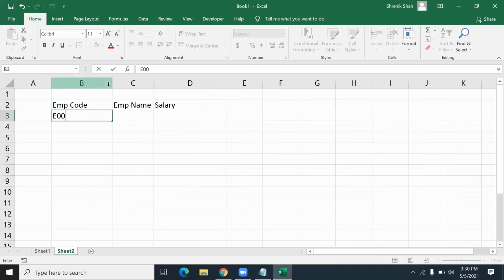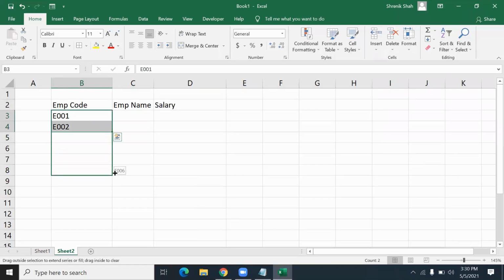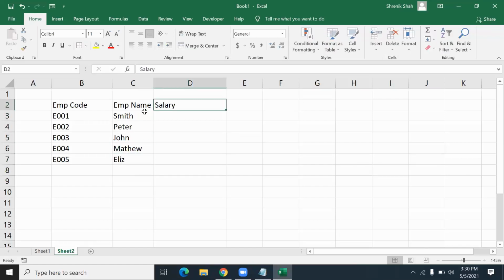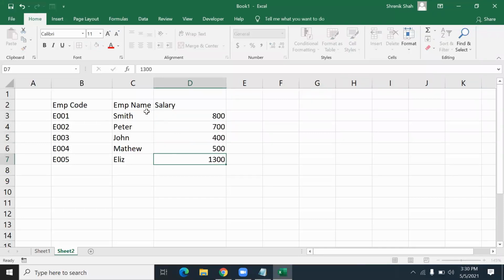The employee codes I type are E001, E002, and like this up to E005. Here is Smith, Peter, John, Matthew, and Elise. So there are some employees, and the salary I type on this side: 800, 700, 400, 500, and 1300.